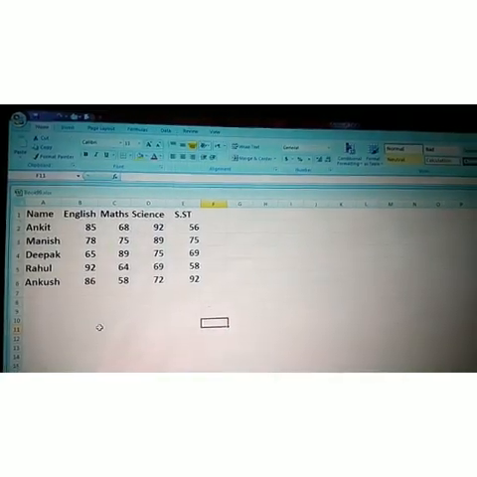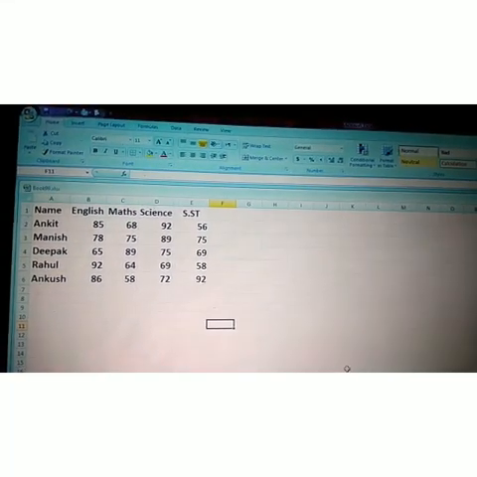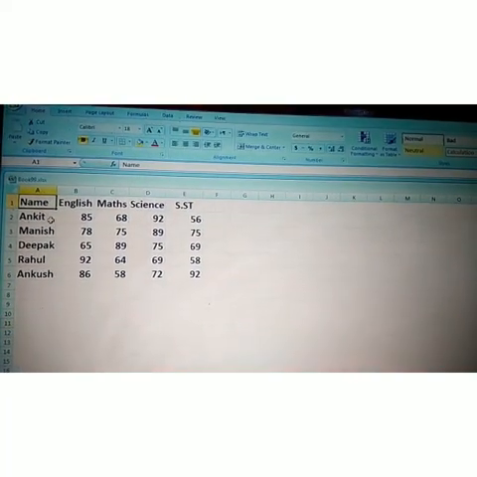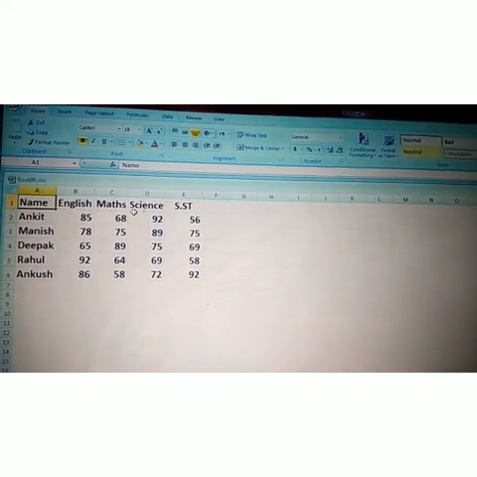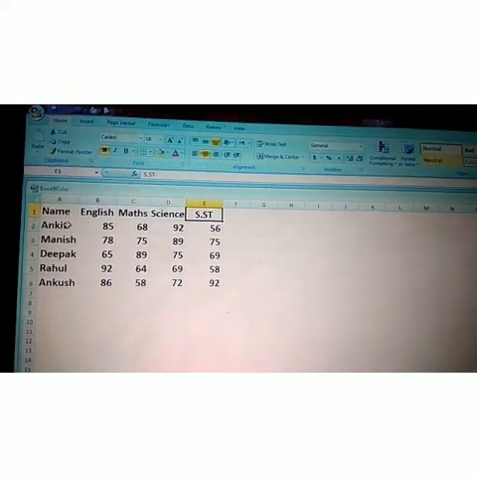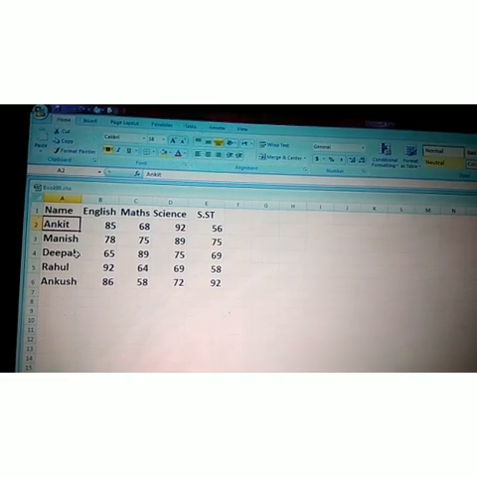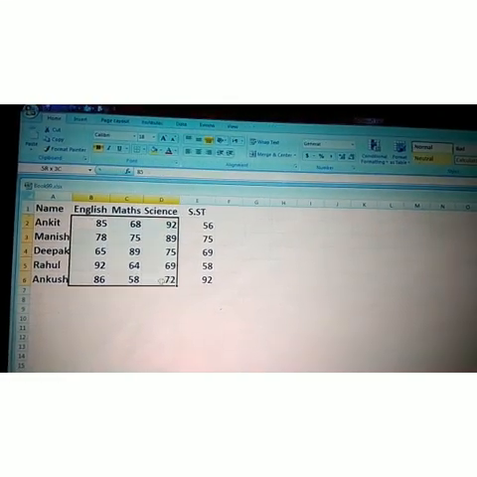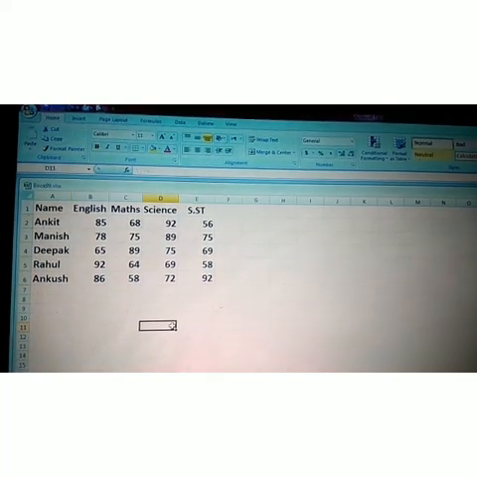Dear students, see properly, this is the Excel application software. Firstly, I created this table with subjects English, Math, Science, SST, and names Ankit, Manish, Deepak, Rahul, Ankush, and all the related marks for each subject.